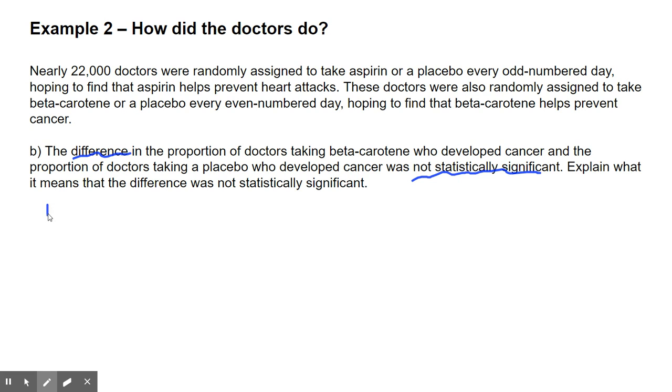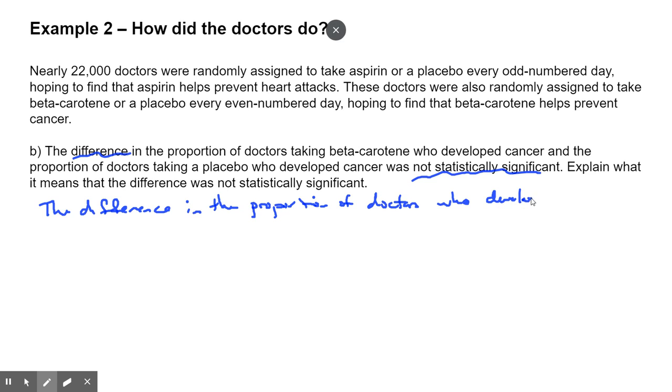So now it says the difference in the proportion of doctors. So again, it's a proportion problem, of doctors who developed cancer. So again, what are we measuring? If we developed cancer or not? Developed cancer. In the two groups